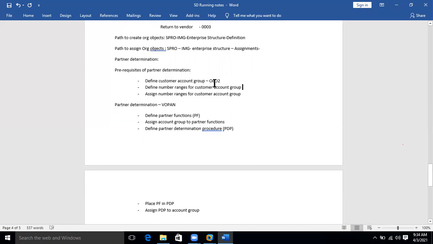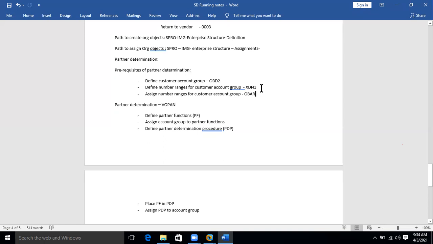To define customer account groups, use OBD2, then XDN1 for creating number ranges for the customer master or account group. Then OBAR for assigning number ranges to the customer account group. So these are the prerequisites, 3 steps. Then the main partner determination will have 5 steps.